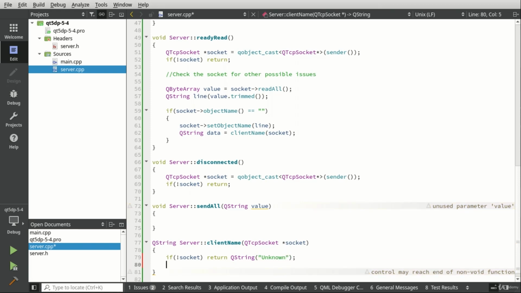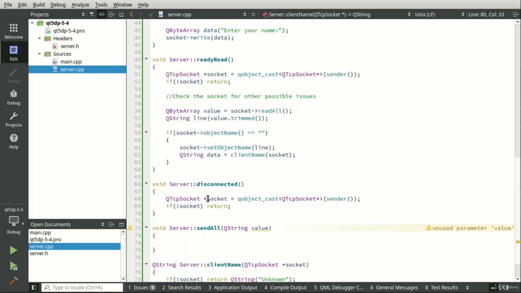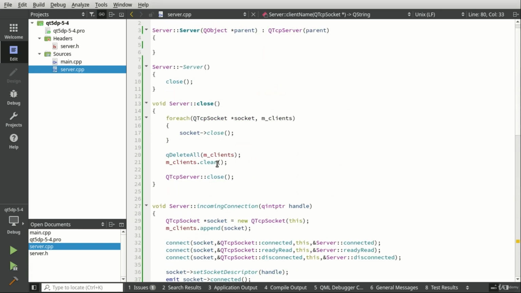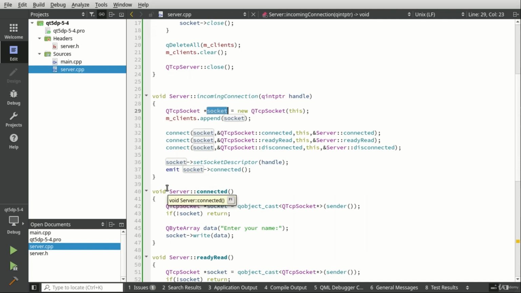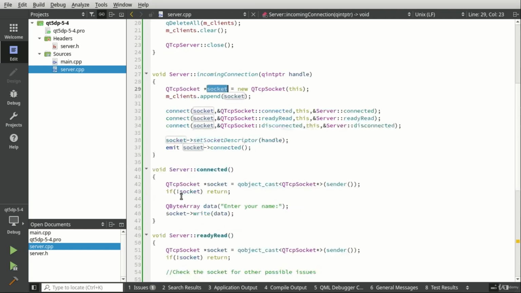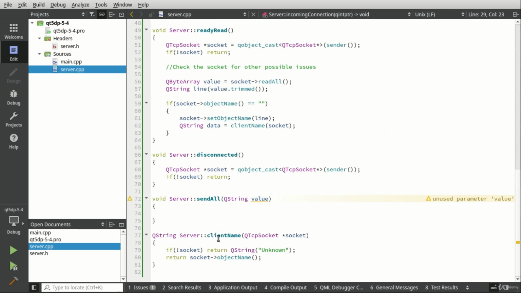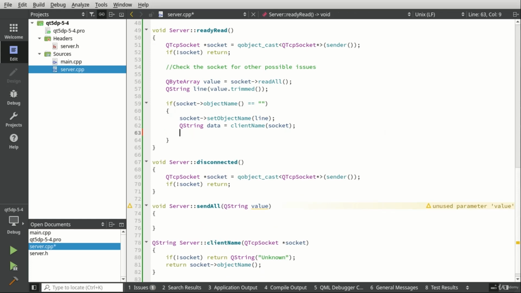So we don't know who that person is. Otherwise, we're going to return the socket, you guessed it, object name. Really simple, very, very rudimentary code. Yes, in case you're wondering, this clients list, instead of storing sockets, we could store some sort of class that represents the socket or the client state. For example, name, password. I wouldn't store the password, but name, password, nickname, how many minutes they've been connected, that sort of stuff. All right, anyway, so back down here, we are simply going to say